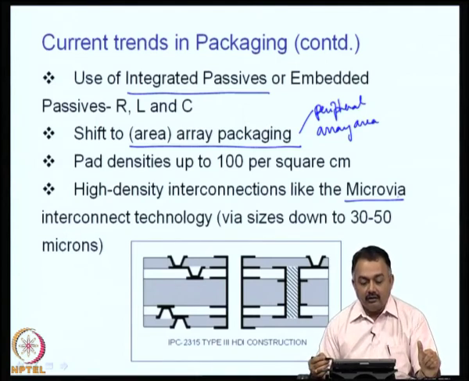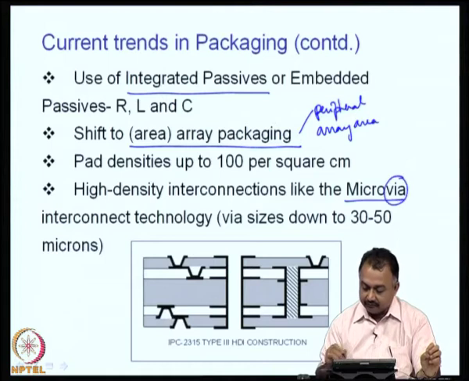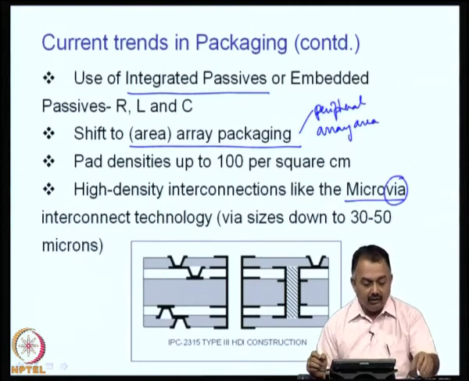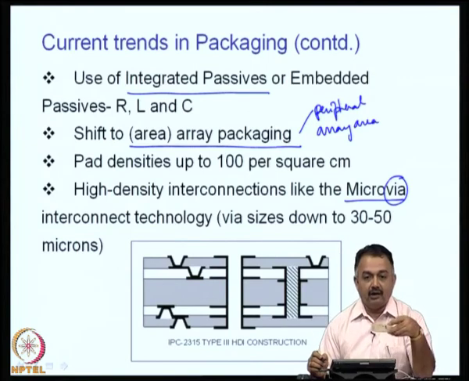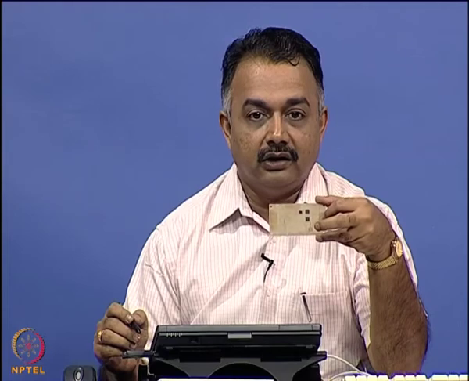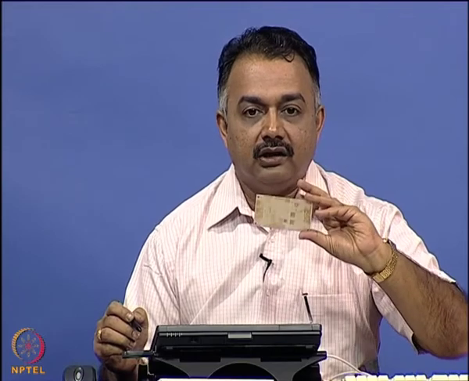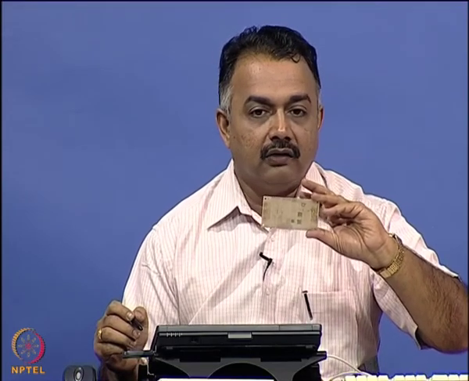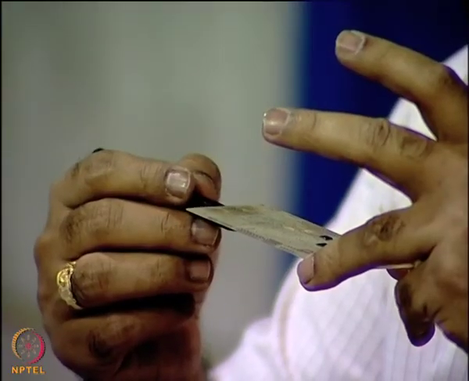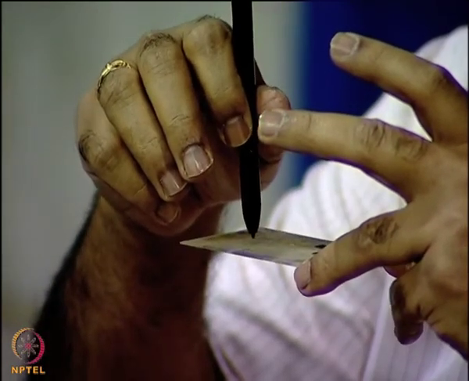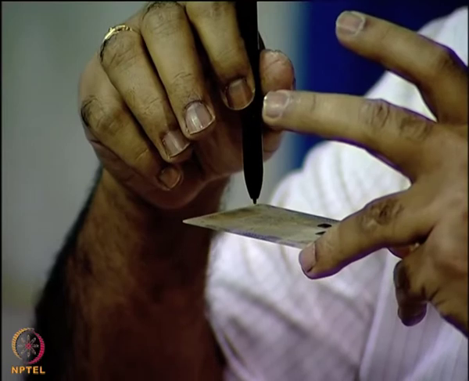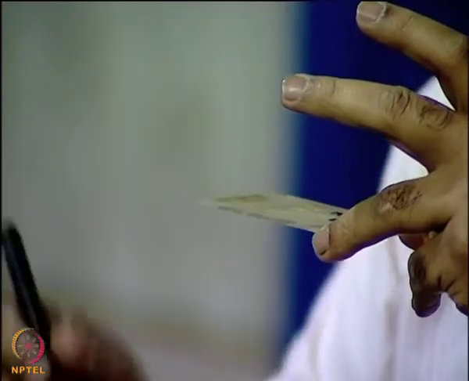interconnect technology. Now, what is a via and what is a micro via? See, if you take a printed circuit board, for example, I am showing you this board here. This board can be built with different layers of copper wiring. On the top surface you have a single layer of copper, and on the other side you see another copper or other conductor wiring. Now, you have to interconnect from the top to the bottom. How do you do that? You have to create a hole, a mechanical hole, and then make it conductive, right. So, that conductive hole is called a via.